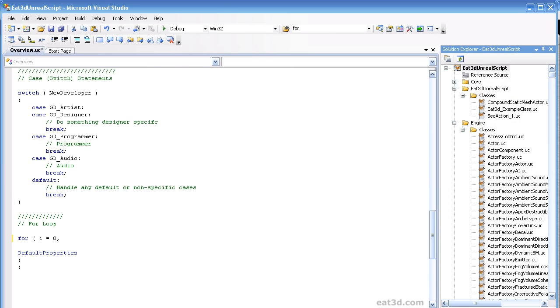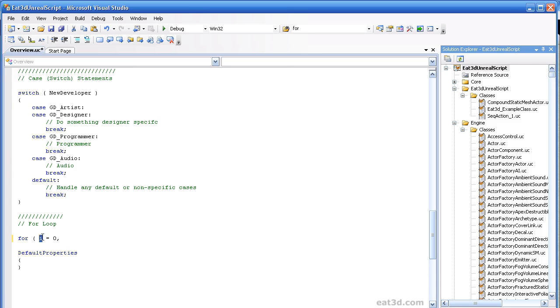Now, I say I is the convention for the index of a for loop, and you will see it a lot in a lot of cases where you're looking through different code files or script files. But I would actually encourage you to name something more meaningful than I. If you're iterating over a list of items, then call it item ID. Something that provides that readability, similar to why you would want to use enumerations throughout your script, to add that readability and provide a better context for what type of operation you're doing.